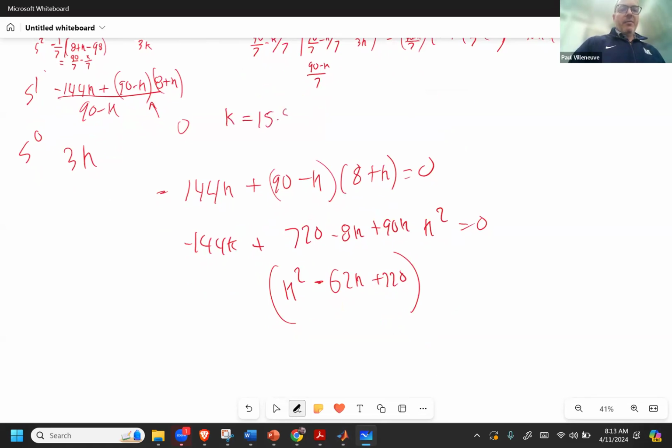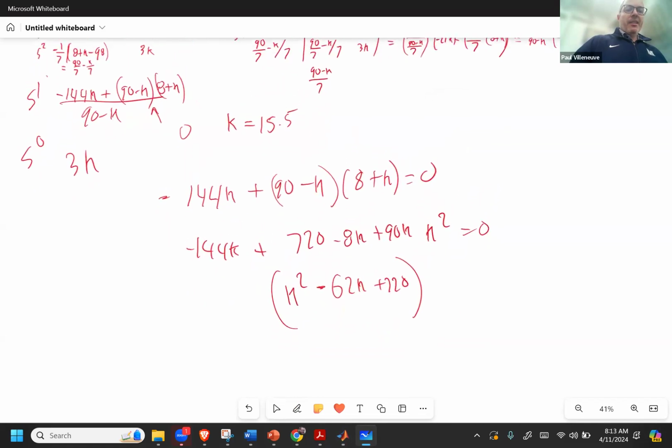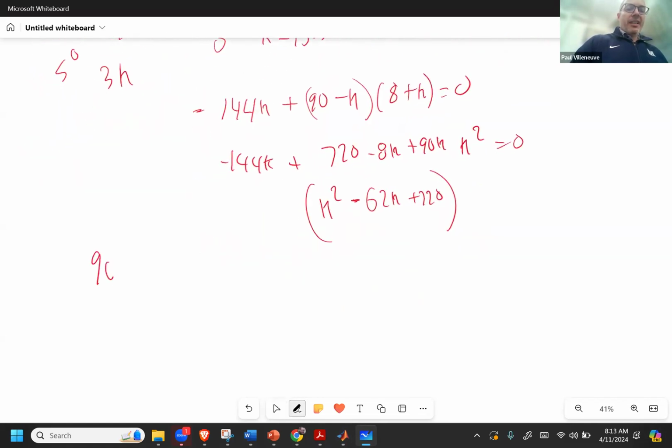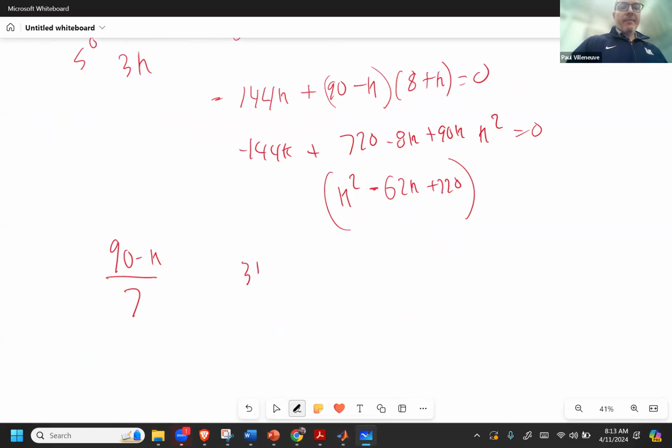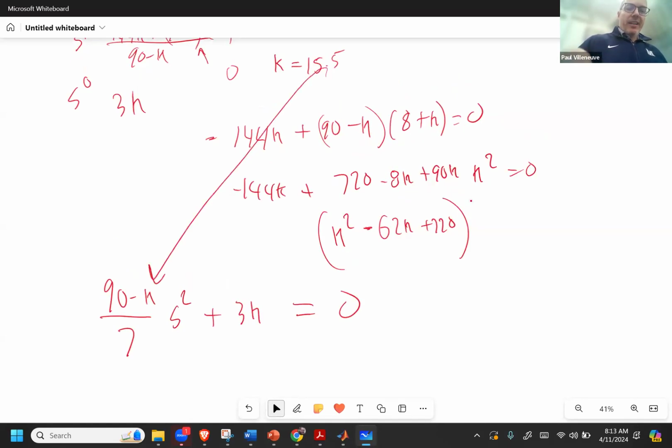equals 15.5. And so now I'm going to use the previous one, which was 90 minus k over 7, and 3k, multiplied by s squared, that equals 0. You substitute your value of 15.5, and you're going to get complex roots there. Okay? Do you need me to do more to figure out the roots, or do you feel like you can do these yourself? But then, since you have two values of k, what is